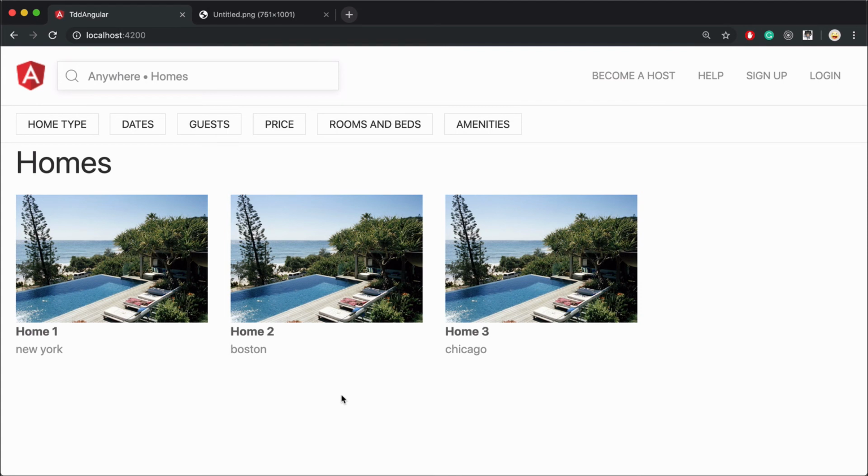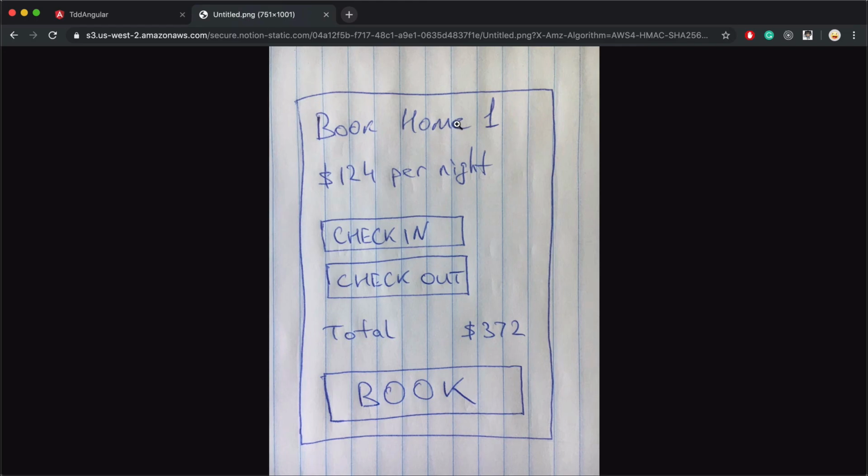In this section, we're going to learn how to use test-driven development methodology to build more complex functionality compared to the previous section. So what we're going to do here is to add the ability to book each one of those individual homes. So we'll start by adding a book button to every one of those. And when you click on that button, what you're going to see is something that I sketched out on a piece of paper. And it will be a dialog where it will display the title of the home,